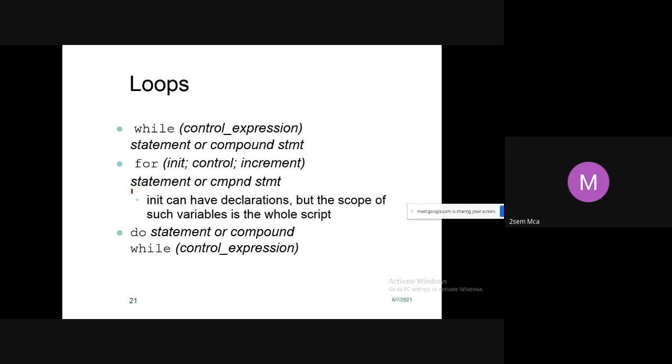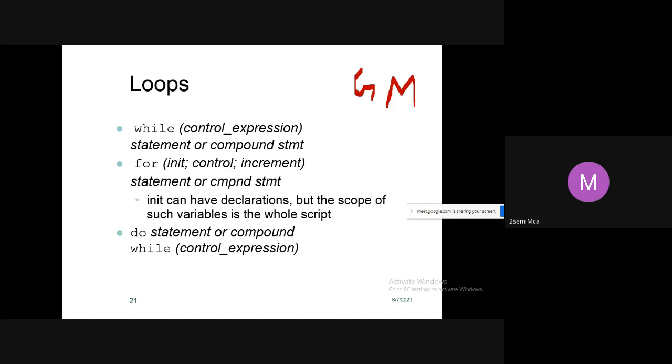Next we have looping statements. Why do we write looping statements? Sometimes you want to repeat the same statement or display it again and again. Suppose I want to display "Good morning" 10 times.